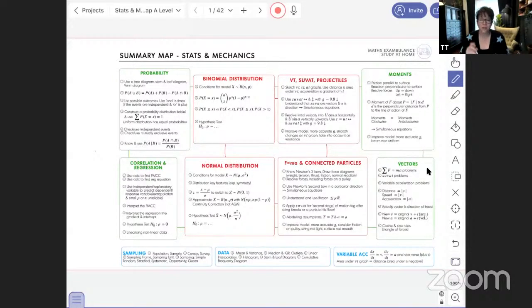And don't forget, this is worth 1/3 of the A level, right? All of the pure is worth 2/3. So this is small fry compared with the other things. If you look at the overall number of marks that you're going to get, the big red ones, they're still much lower than things like trigonometry, differentiation, integration, lines and circles, quadratics. All of that stuff is worth more marks as an individual topic than these ones. If you were going to only learn a couple of things, if you learn normal binomial hypothesis testing, SUVAT, projectiles and connected particles, and just don't worry about anything else, you're still going to get almost all of the